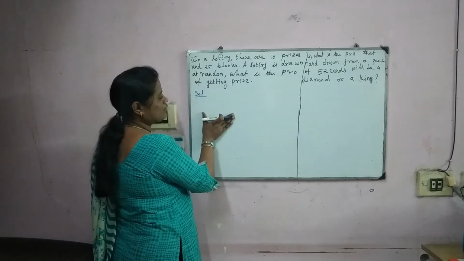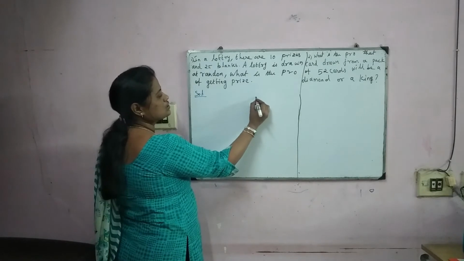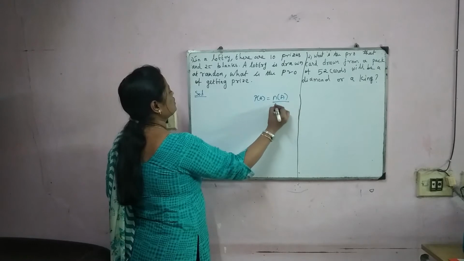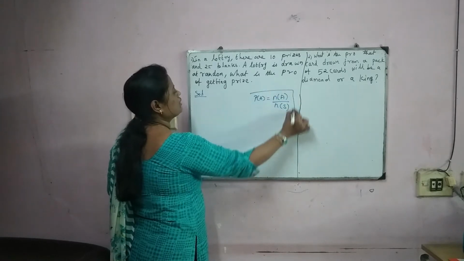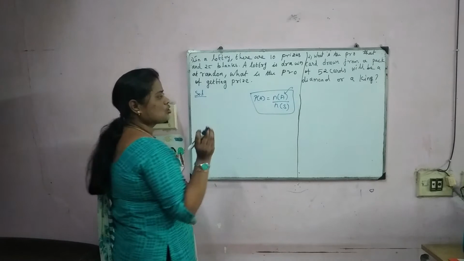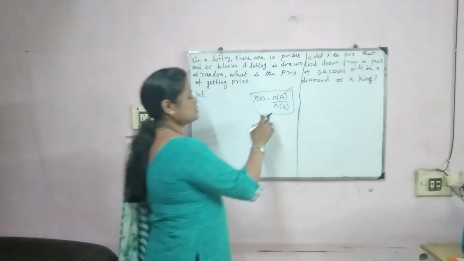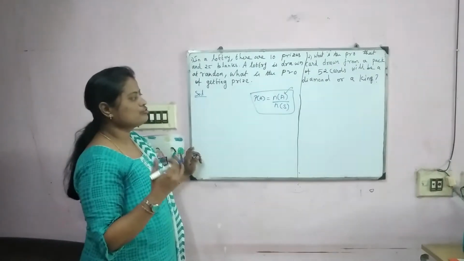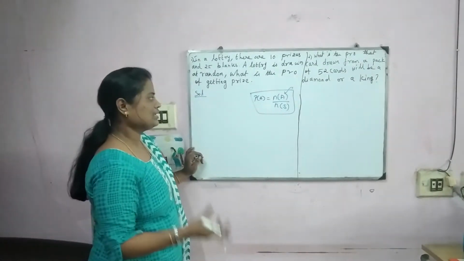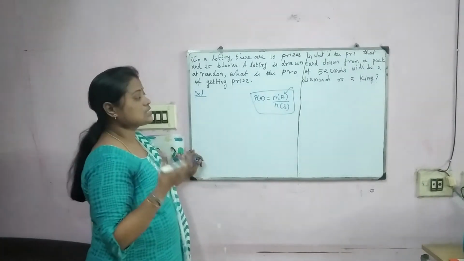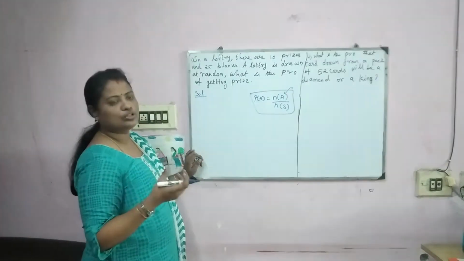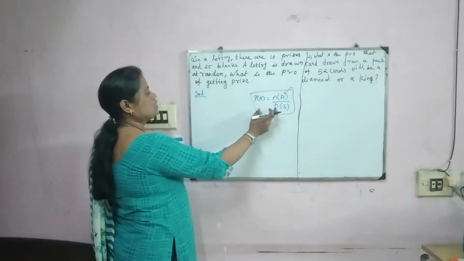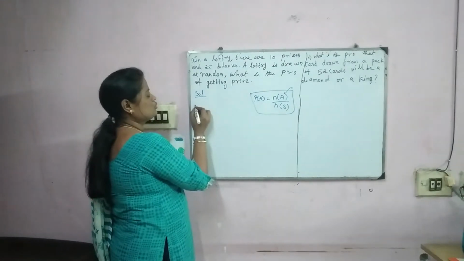First of all, what is probability? P of A is equal to N of A divided by N of S. This N of A is called the favorable number of events. This N of S is called the total number of events. Whatever the question may be, you have to find the total number of events, N of S. S is nothing but the sample space. The possible outcomes are called the sample space. First, let us discuss the value of N of S.